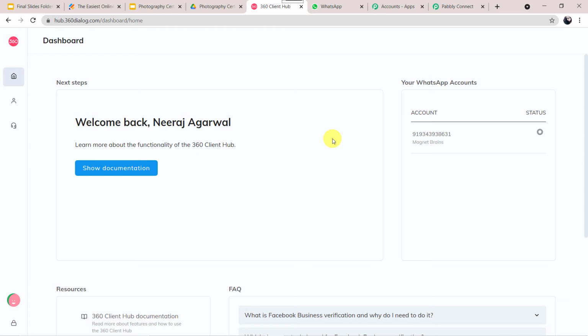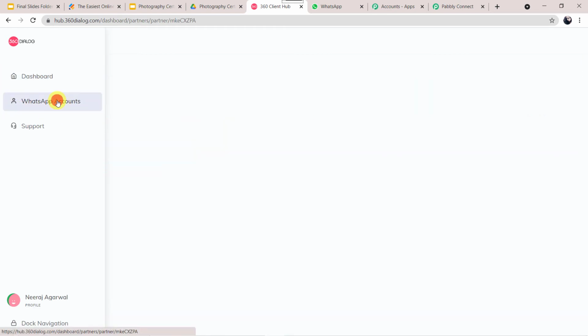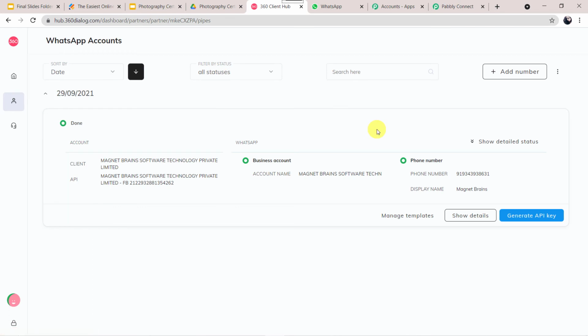Now here we have to come to this WhatsApp accounts. Let's click on this. Here you can find generate API key option. So here by clicking on this generate API key option, you can generate an API key. Just click on this and generate the API key.